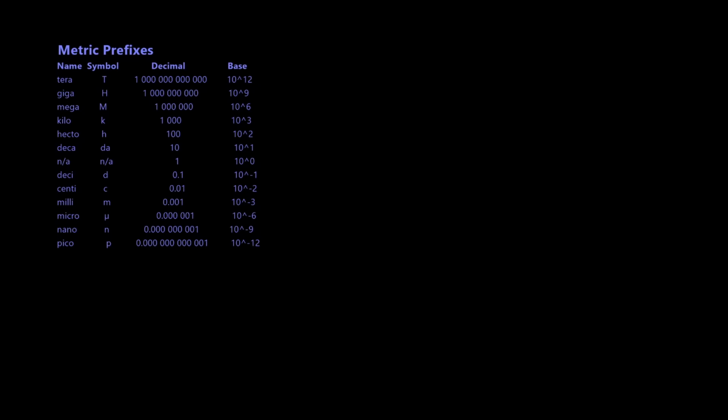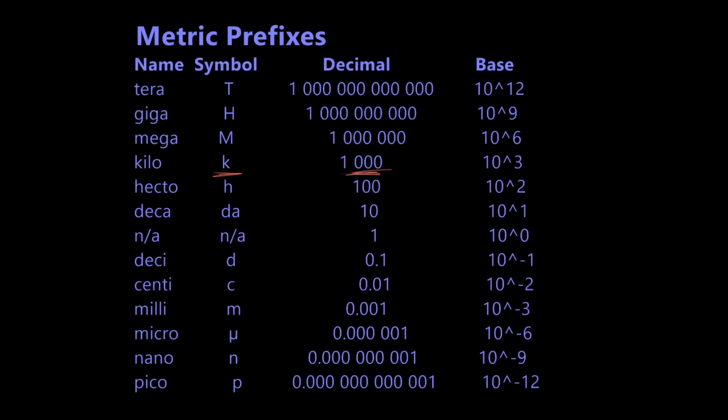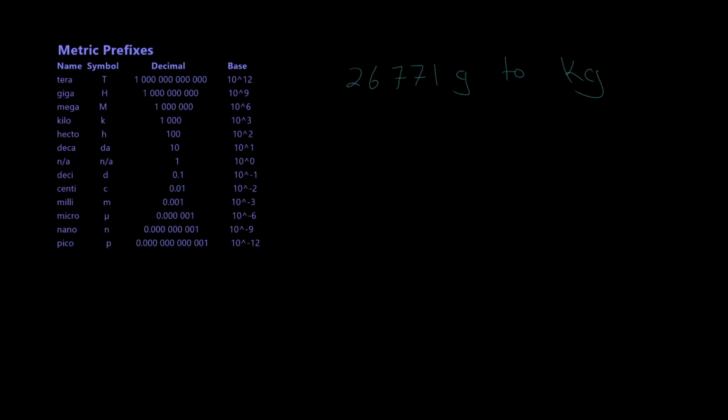Consider this example. We want to convert a 26,771 gram brick to kilograms. How do we do this? Well, we look onto our metric prefixes table. We see that 1 kilo is equal to 1,000. Therefore, 1 kilogram is equal to 1,000 grams. That's our conversion factor. Since we want to convert to kilograms, we want to cancel out grams, so we set